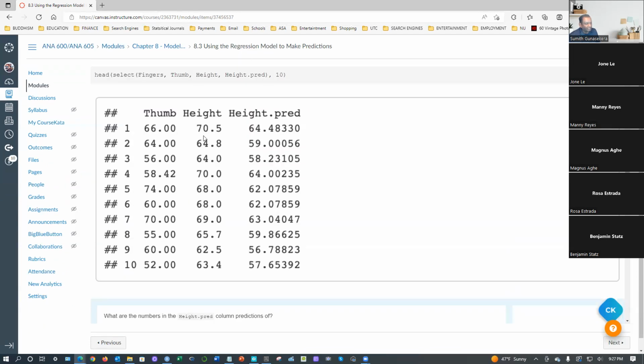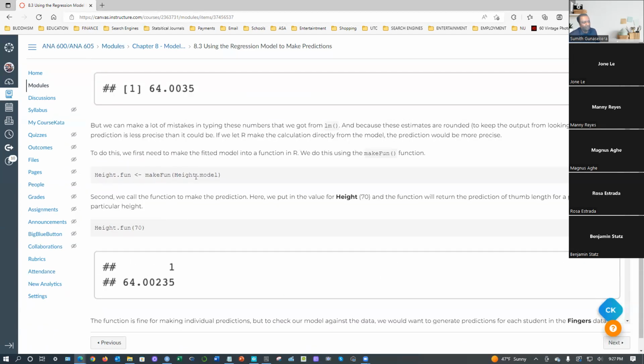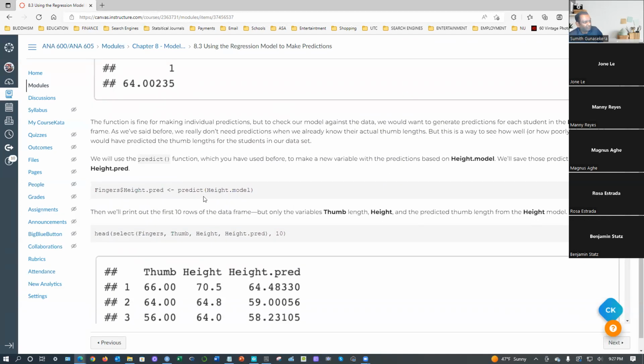Let's say you need something in between somebody's height, like from this one, 64, to this one, let's say 68.125 or something like that. That kind of value is not in the original data. If that's the case, we have to use the make function. That's why you have two ways to get this done. Make function for any value, any height. This one, predict, only for the heights that are available in the original data set.